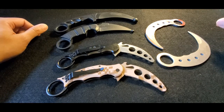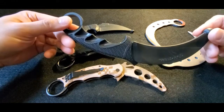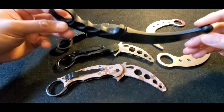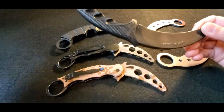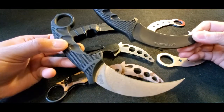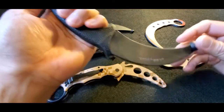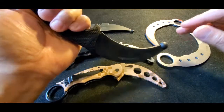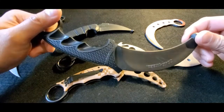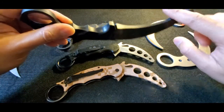The first ones I want to cover are these. These are molded plastic, but the more important aspect is that they're fashioned after a real Karambit. This one from Cold Steel is fashioned from the Steel Tiger, so you can see it's practically identical to the actual Karambit. The reasoning is so that you can get accustomed to the real weapon, its overall size and reach. I really like these for drills on my practice dummy, because they don't cause a great deal of damage. You can see the tip is protected and very dull,